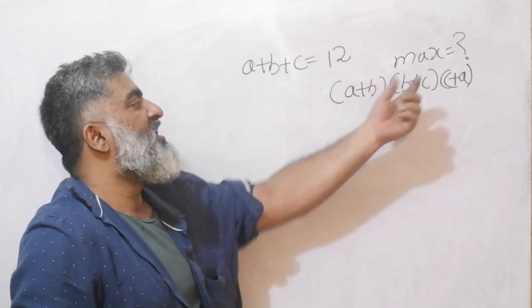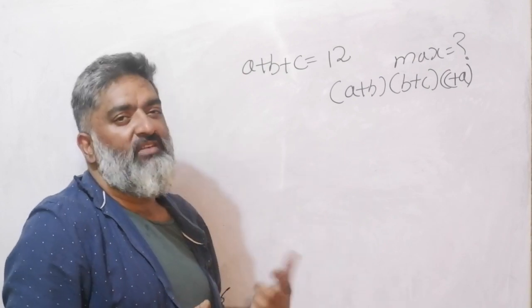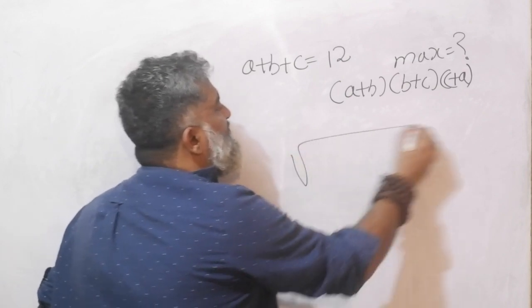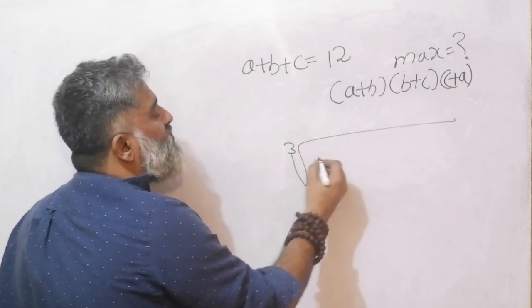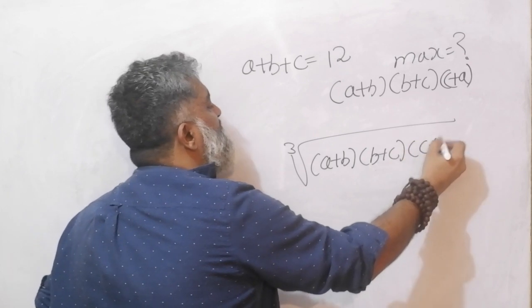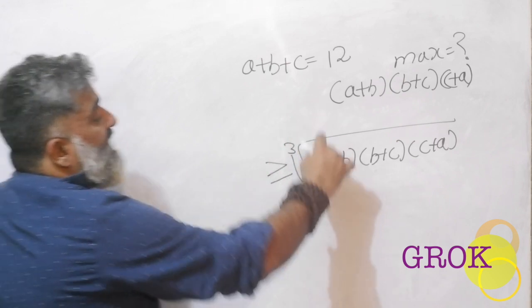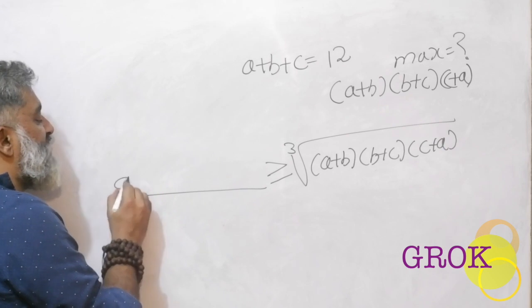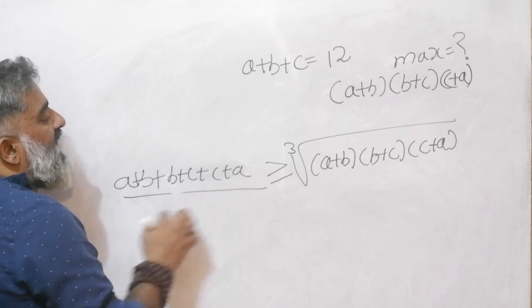The sum is given and I am asked for the product. It looks different, but by now we should know that everything will work out by God's grace. So I'm looking at these terms. Let me put these on one side. There are three terms, so there will be a cube root. Inside I will just write a plus b into b plus c into c plus a. No problem. Let me put up the sign as well. Easiest step ever. If I'm using these as my variables, I should have the same variables on the other side as well. So I will do a plus b plus b plus c plus c plus a, and the number of terms is still 3.